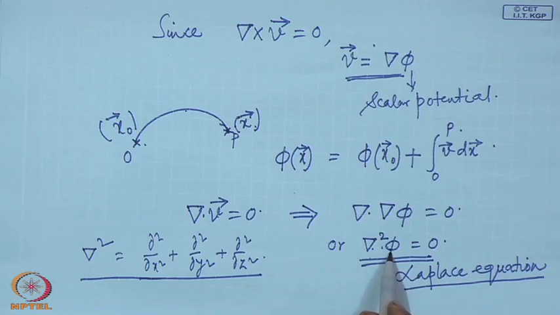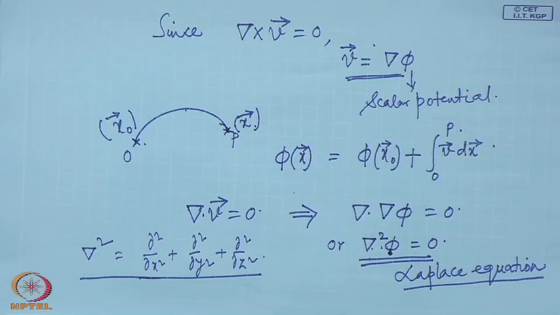So, this is basically a second order partial differential equation. The equation is linear with constant coefficient. All these terms have constant coefficient 1. So, this is the mathematical nature of this equation, that this is a second order linear partial differential equation